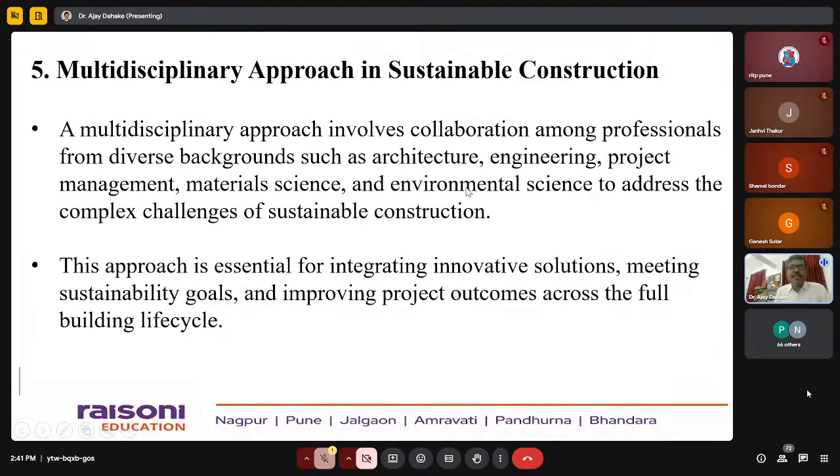The last point is multidisciplinary approach in sustainable construction. Everybody is saying nowadays multidisciplinary. Even students are doing projects in multidisciplinary. My students are working with electronics students, and